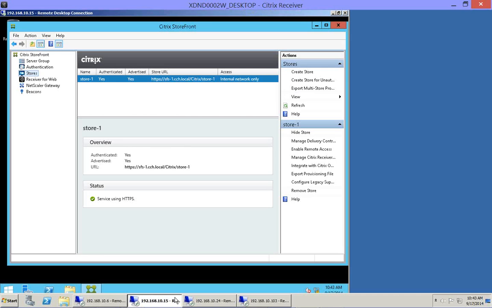The other component we have is StoreFront, and this is where we can manage our StoreFront servers in our environment. So we do have the ability to create stores on the system. Now, one of the differences between StoreFront and Web Interface is a requirement for security on the front end when the Citrix Receiver comes in for the users. It does require server certificates, HTTPS and 443. So that's one little note you'll need to be aware of that's different from Web Interface, as well as StoreFront also allows your system